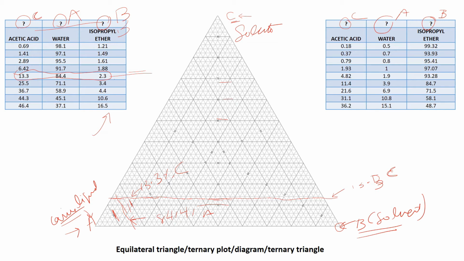So this is your 0. This is your 0 percentage of B. This is your 2 percentage of C. So 2.3 will be somewhere near, around this line. So everything meets at one point. Yeah, so that's your point. So this point corresponds to these three values, and then you can